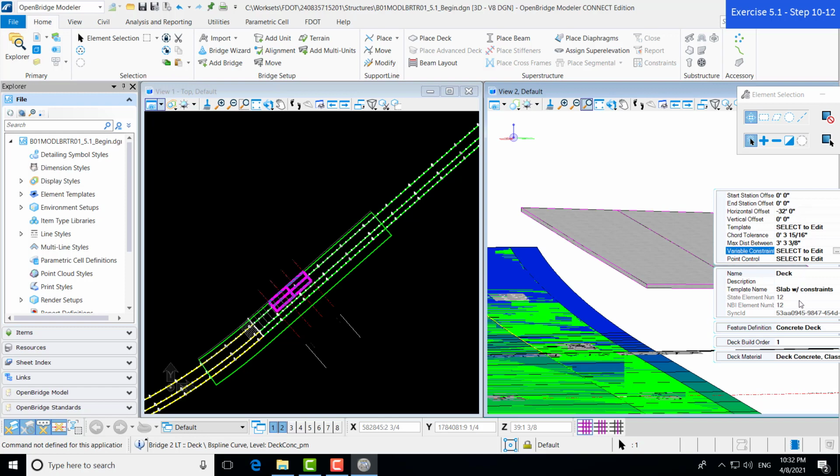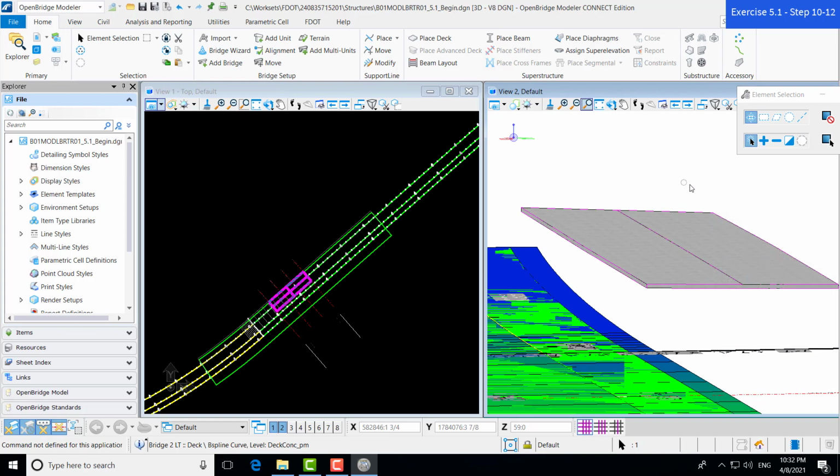This is certainly valid, and this can be done with any element in OBM, but it's a little finicky, and if you move off of your dialog box, the pop-up box, then it does go away and you have to do the same thing again.